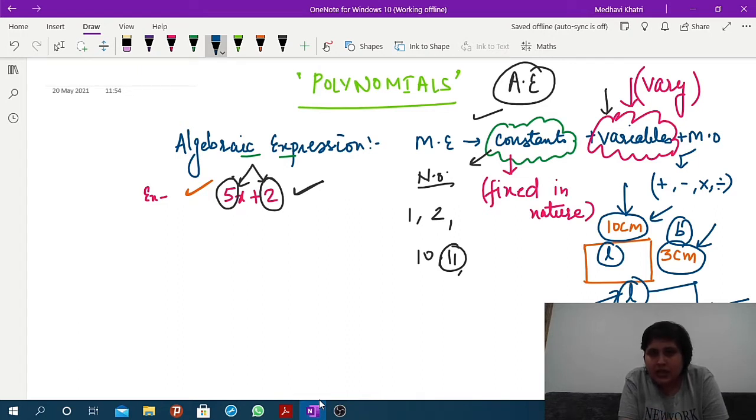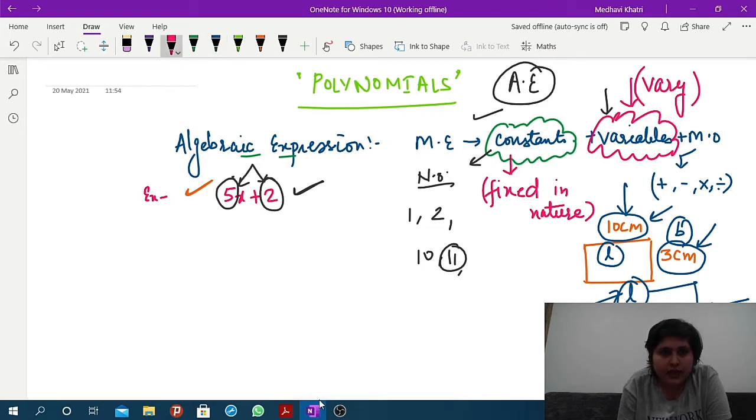But in some cases, you'll find alphabets which will be representing constants. There we have to mention that this alphabet is showing a constant and these alphabets are variables. At that particular time we need to bifurcate those, that these alphabets are constants and these are variables. But in the general case we use all the alphabets as variables only. Clear?